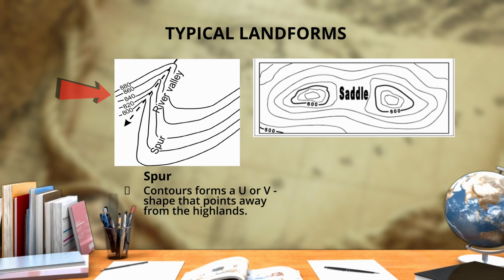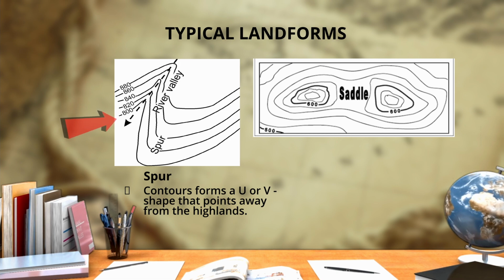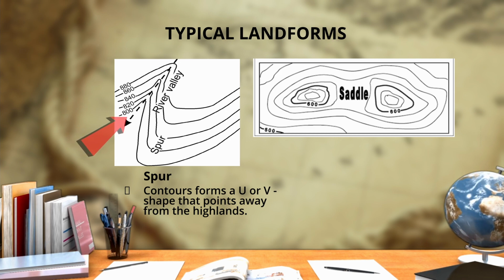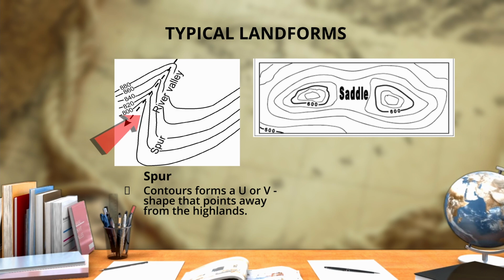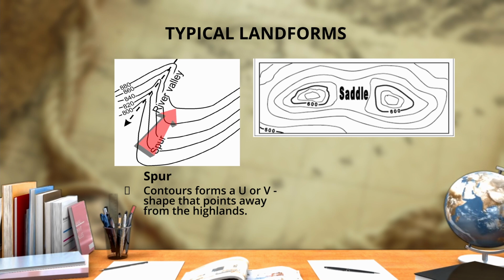While if we look at 800, which is the smallest height, 800 meter, on the valley we can see that it's inside the V there. But if you move along with that 800 and you go toward the bend or to the V shape which is on the right, you can see that that 800 tends to be outside the V, and the 880 will tend to be inside the V shape,